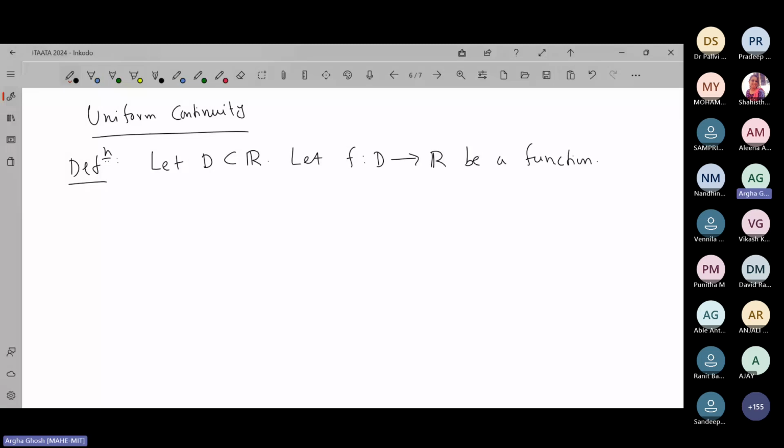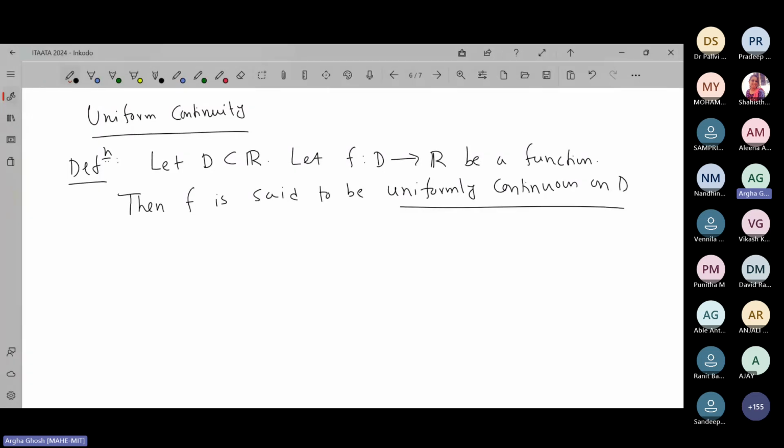Then f is said to be uniformly continuous on D. We'll say that f is uniformly continuous on D if for any epsilon greater than 0